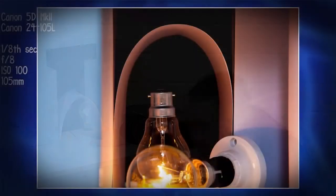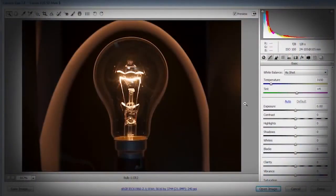In this video, I show you how to photograph and Photoshop a light bulb so it appears to be powered